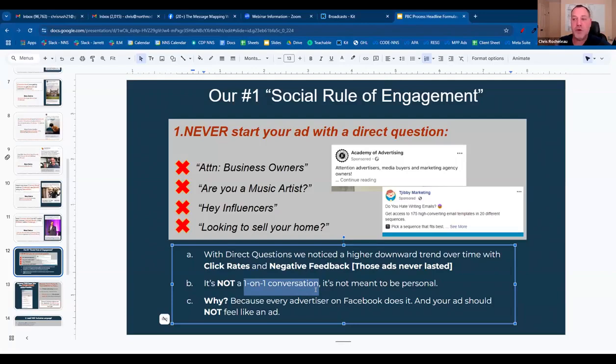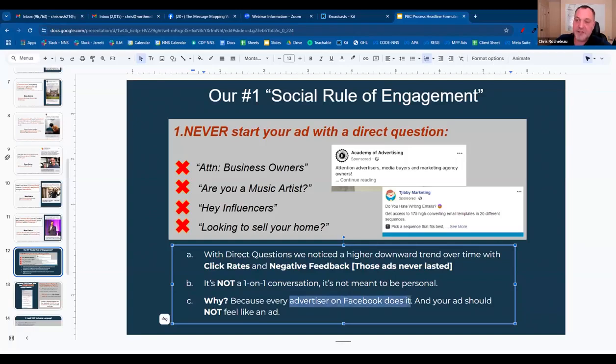In a marketplace where if someone is seeing your ad, I can guarantee you, and I don't say the word guarantee very often, but I can guarantee you, because this is the way it works, that they've seen 15 other ads about the same similar offer. How are you going to be different? First rule, don't lead in like they do. That's what gives you a fighting chance. Okay? That's the first rule.